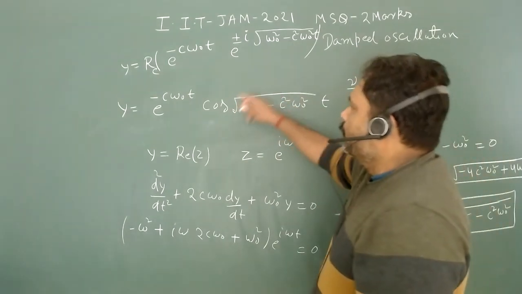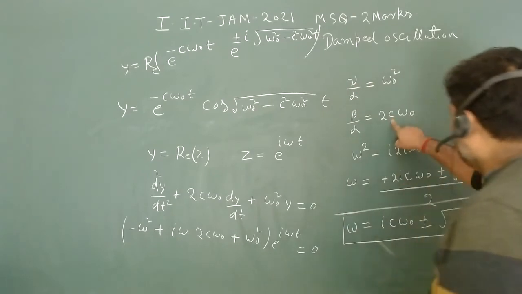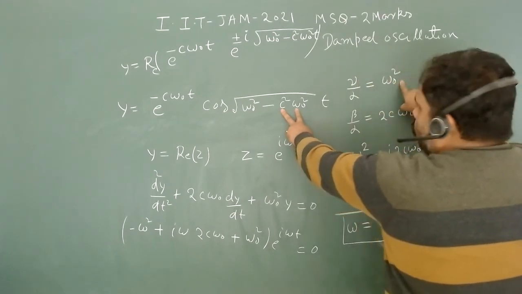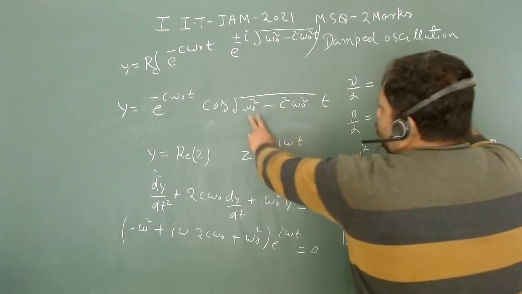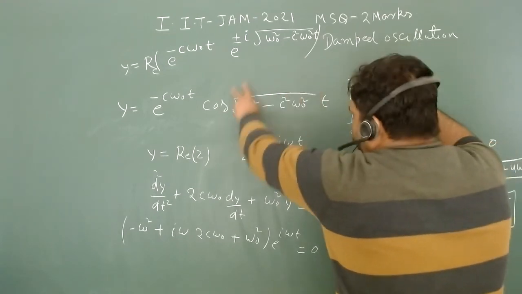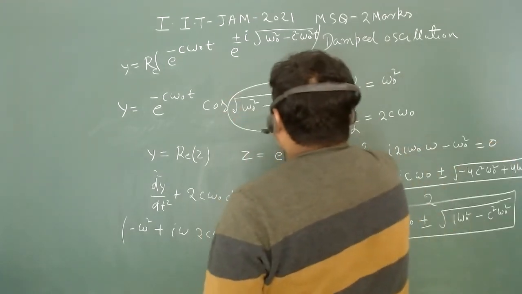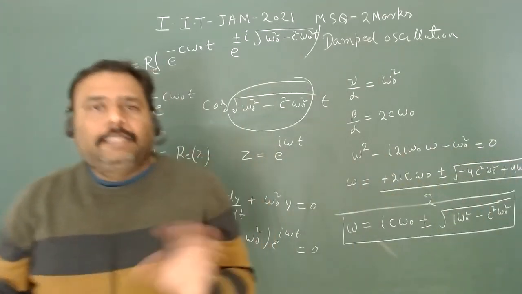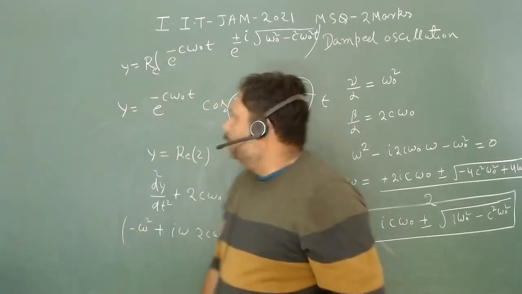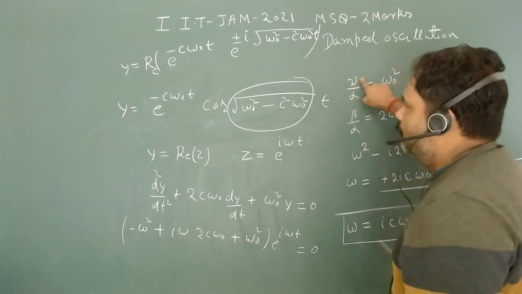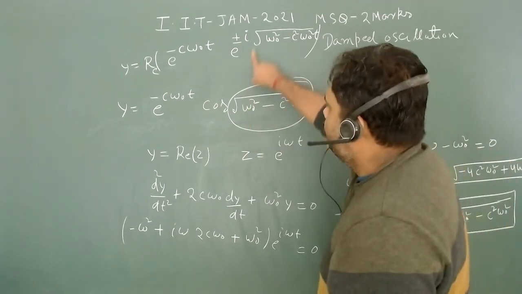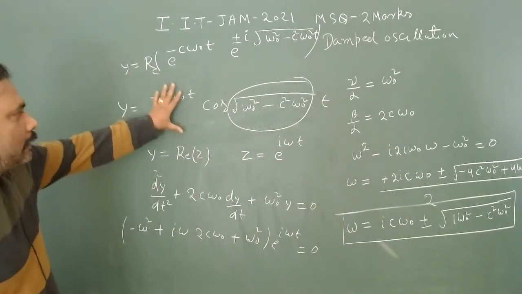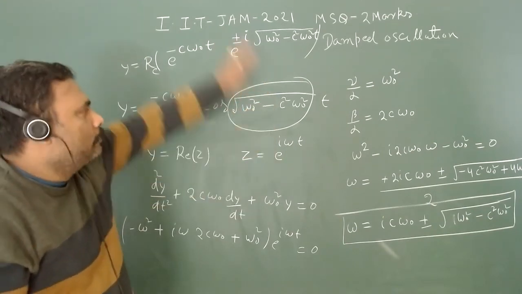And look at the oscillatory part. In the oscillatory part, c into omega naught is constant, and gamma is increasing, so omega is also increasing. If this value is increasing and this remains constant, that means this particular value is continuously increasing. What is the meaning of that? The oscillatory part has higher and higher frequency as we increase the value of gamma, because this is constant and this is continuously increasing. So your answer is that the amplitude part will remain constant, but the oscillation part is going to increase.